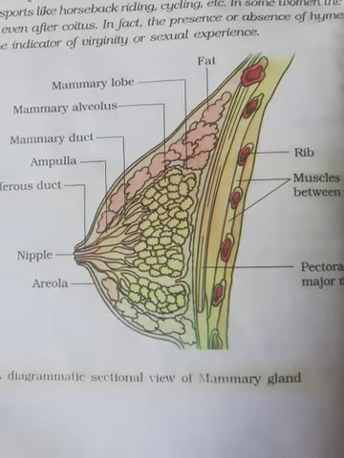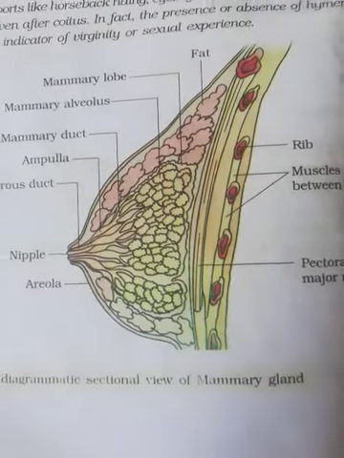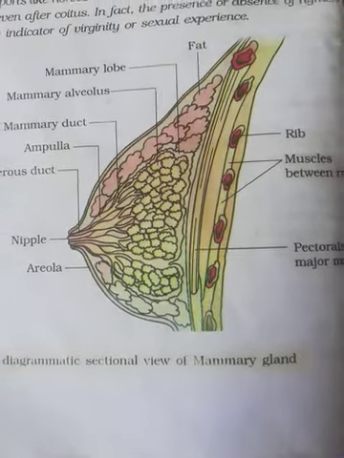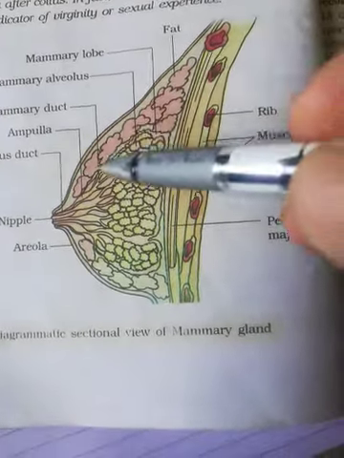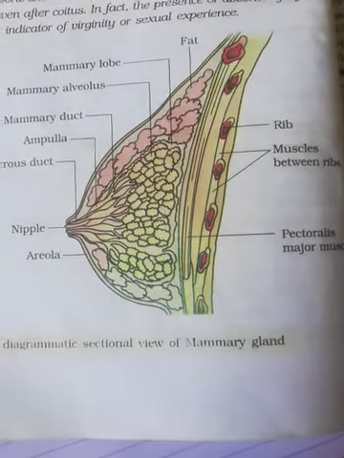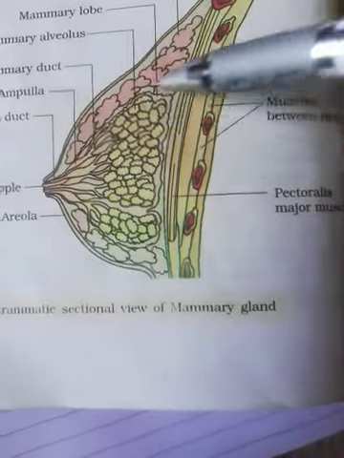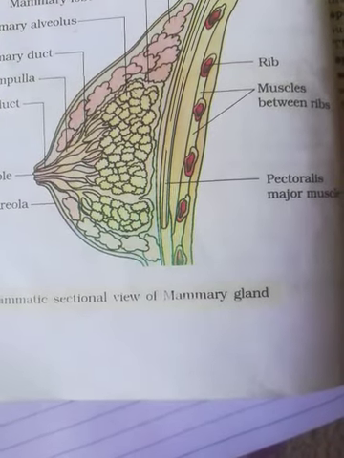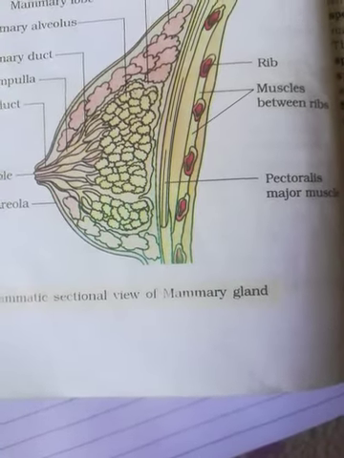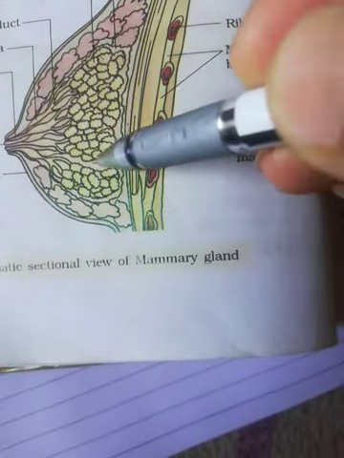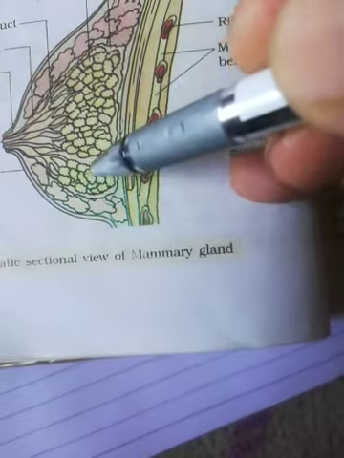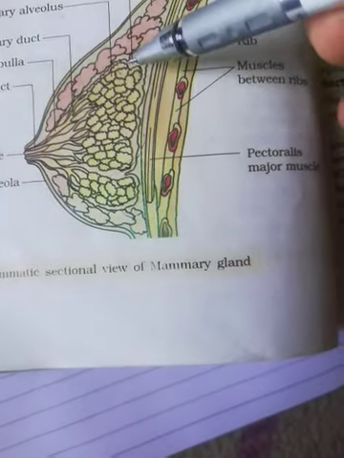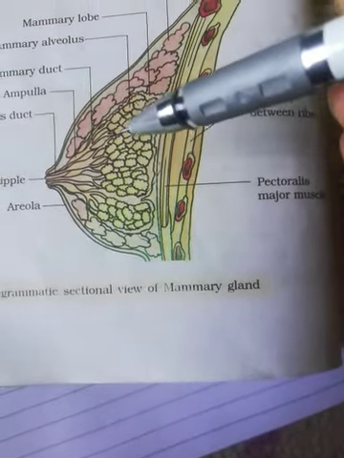A functional mammary gland, also called the breast in human females, contains glandular tissues along with a variable amount of fat. You are observing here the amount of fat, which may be variable in different females, and these are the glandular tissues. The glandular tissue inside the breast is divided into 15 to 20 lobes. Here, this is one lobe, this is another lobe. Different lobes are not all visible, but there will be 15 to 20 lobes, and each lobe contains